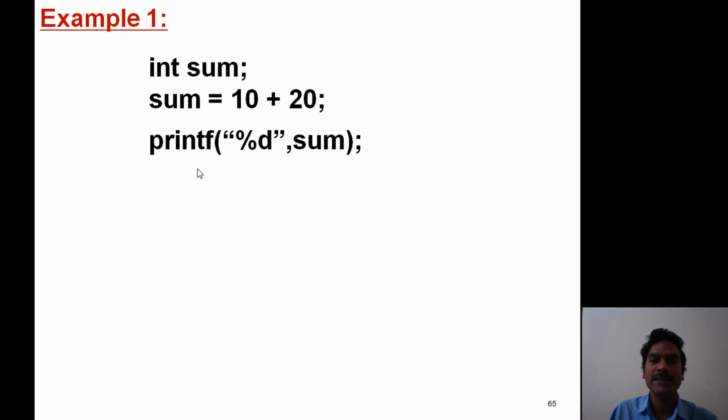Hence we place a printf statement: printf, left parenthesis, within double quotation marks. Sum is what type of value? It is an integer value, hence the control string is %d. So after the double quotation marks, comma, sum. When we execute this statement, it prints the output value as 30.